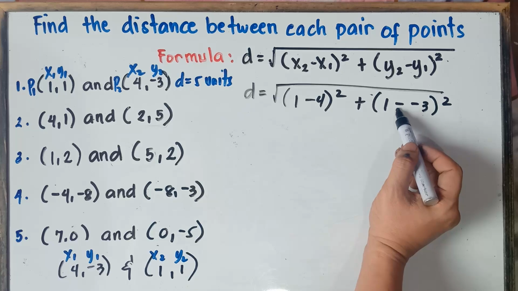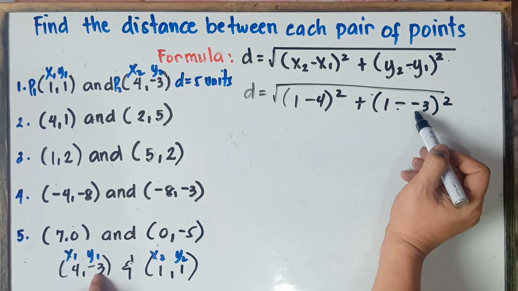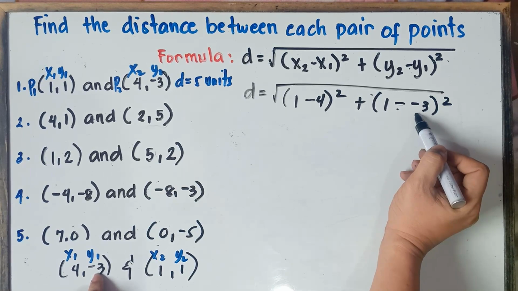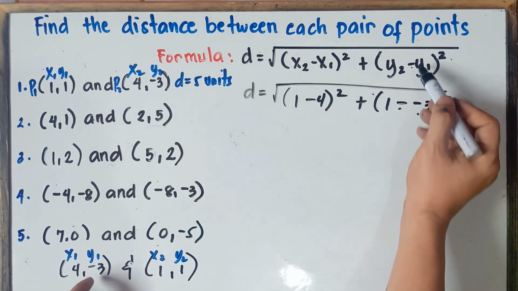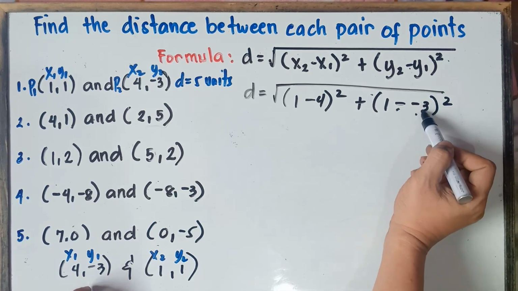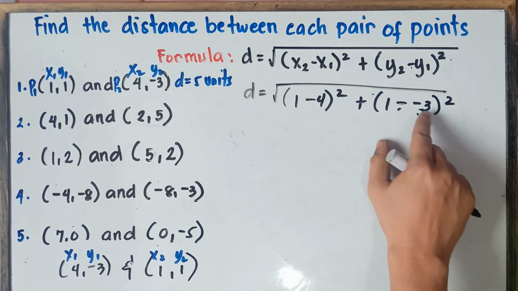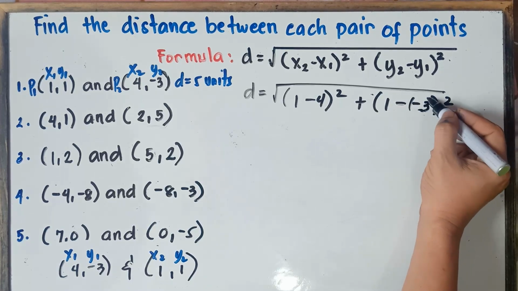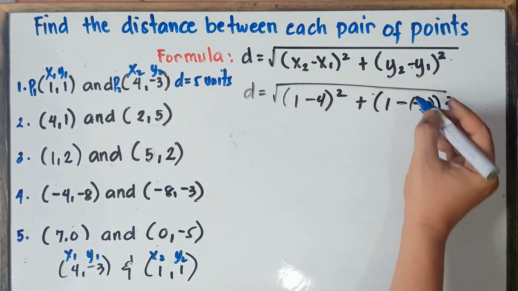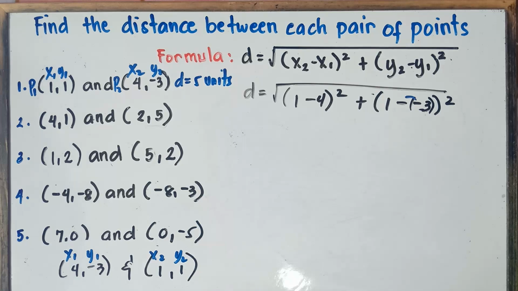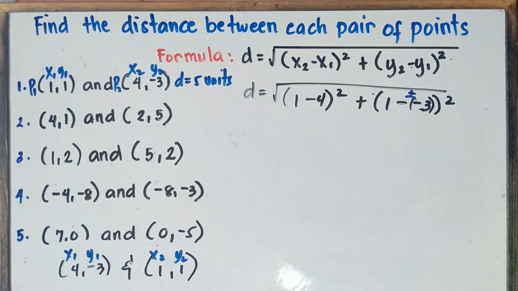Now, the first negative, class, came from the formula, that would be the minus sign. And then y sub 1 is negative 3. I hope you're not confused. The first negative came from the formula, the minus sign, and this one, negative 3, is the value of y sub 1. That's why you have two negatives. Now, you need to put parentheses, class, because you're not allowed to have two signs next to each other. You need to multiply the signs, and it will become positive because negative times negative becomes positive.